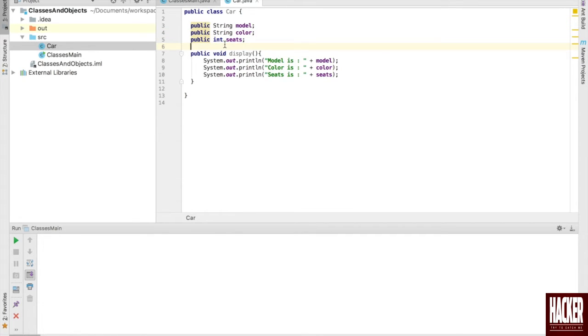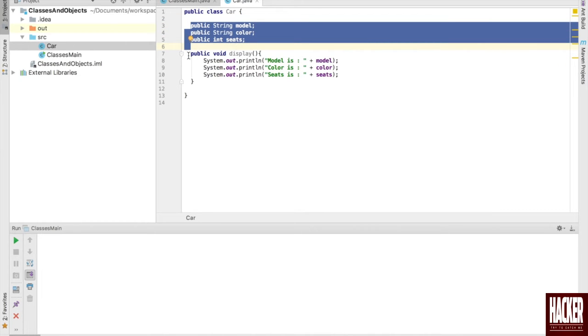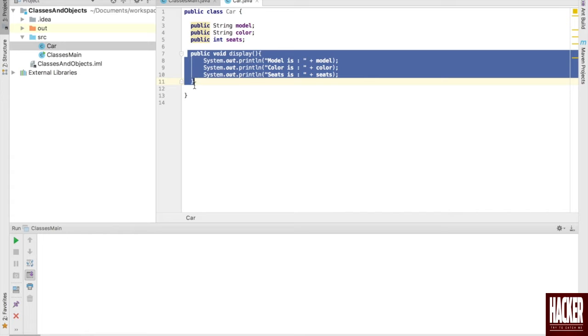What we did here is we just created a blueprint, which is nothing but a class, and we'll now be actually creating objects using this blueprint. We'll be creating objects like Ferrari, Audi, and say Tesla. So you can create different kinds of cars using this particular blueprint, and each and every object that you create will have these properties and this behavior. So let's take a look at it.